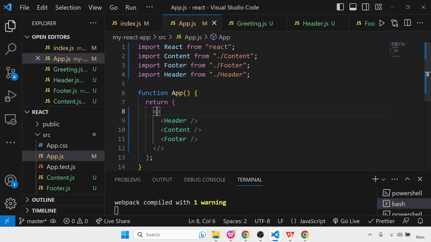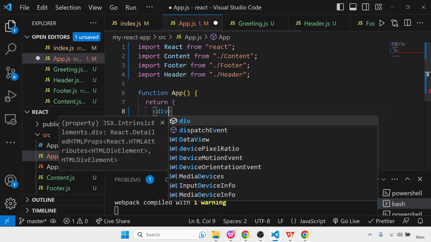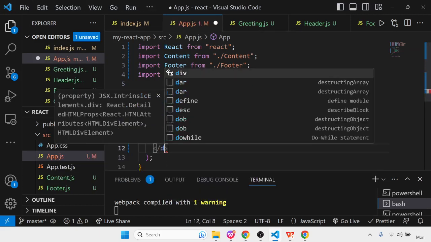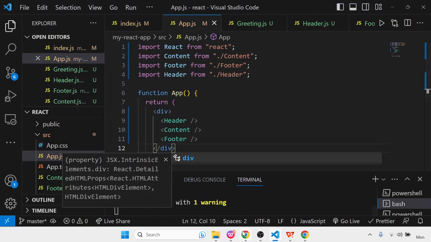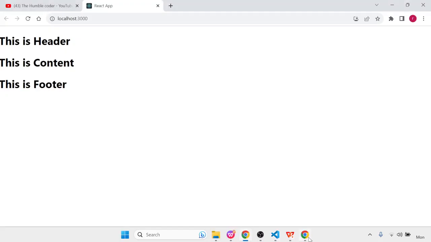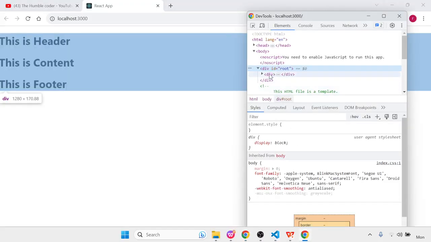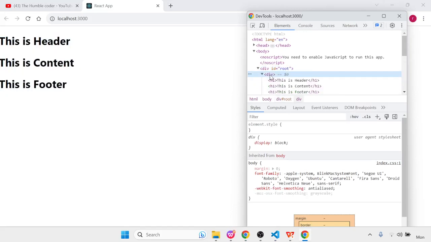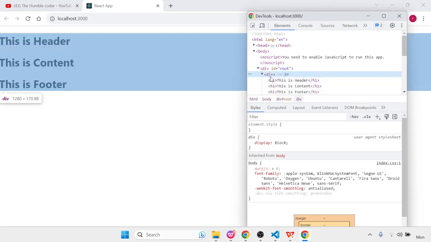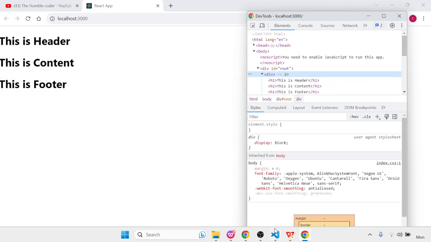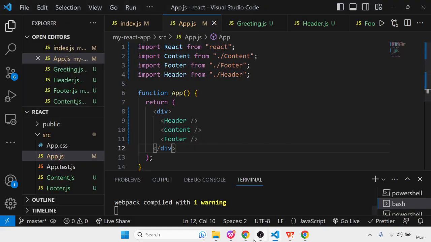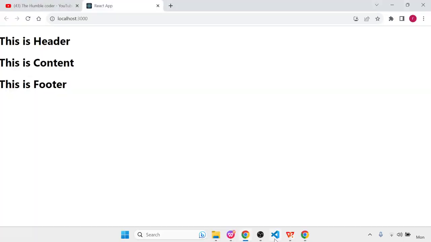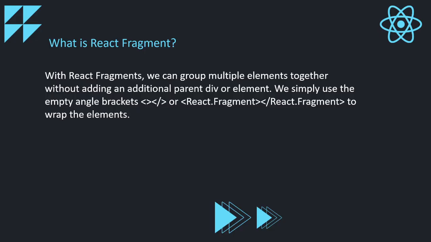So instead of this, I will write a div tag, okay, before and after this, and I'll save it. So you can see in the output nothing will be displayed, but here inside this you can see a separate div is added. So in order to avoid this, we usually write React fragment. So I hope React fragment is now clear to you. Now moving ahead,